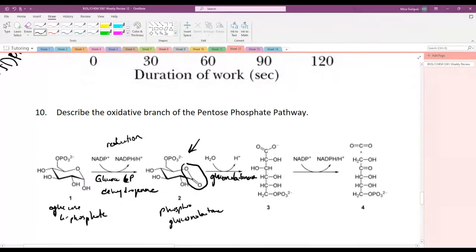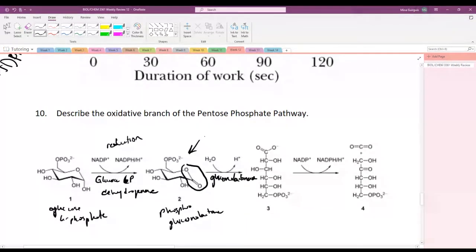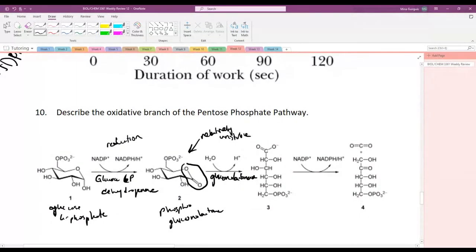I apologize. I encourage you all to read this from your slides rather than my handwriting. I'm here to just give you an overview. But effectively, this is relatively unstable. Unstable. And so this will happen pretty much spontaneously, and it'll happen with an enzyme catalyzing it, but it gives